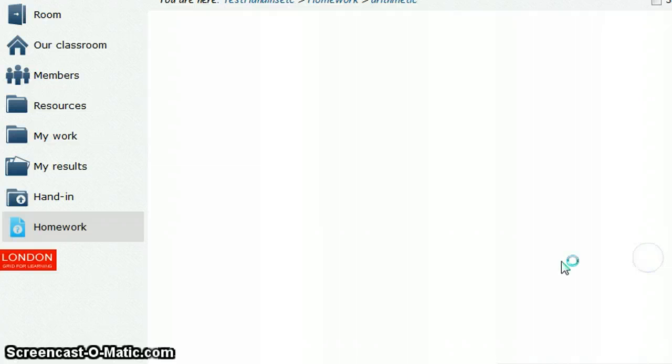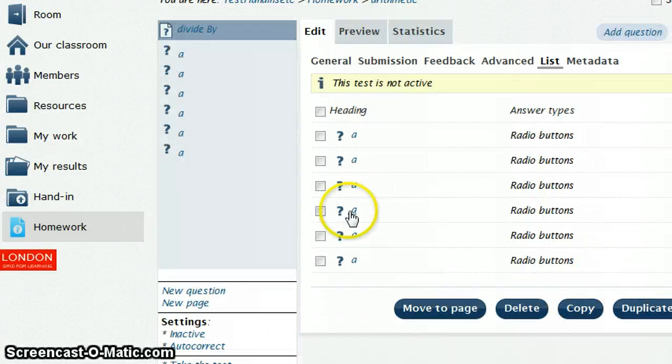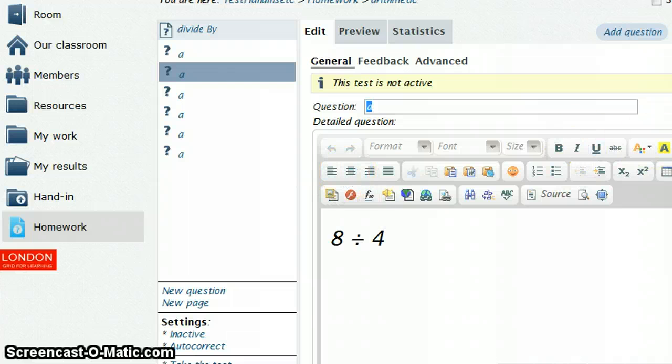So remember, these are the mandatory questions. So I'm just going to set those up. So all I have to do now is go in and edit them. So the first one I know I've done. So let's just have a look at the second question here. So this one is going to be, let's say,